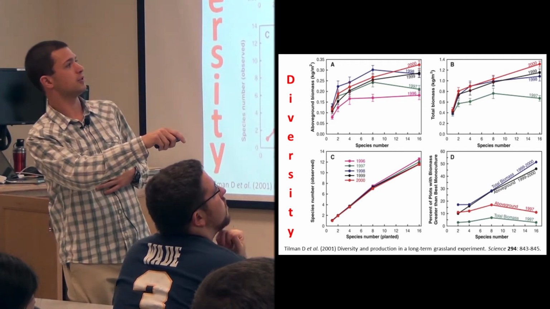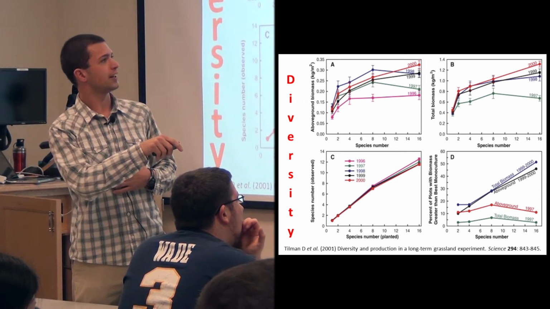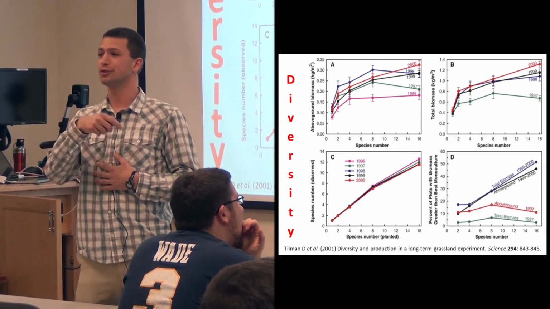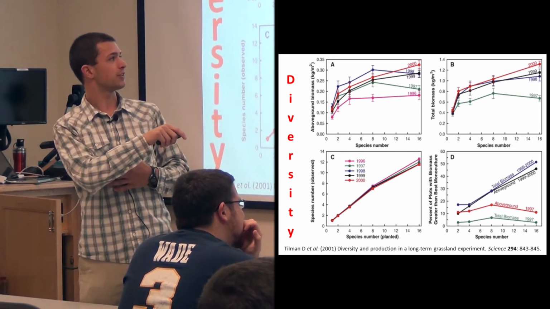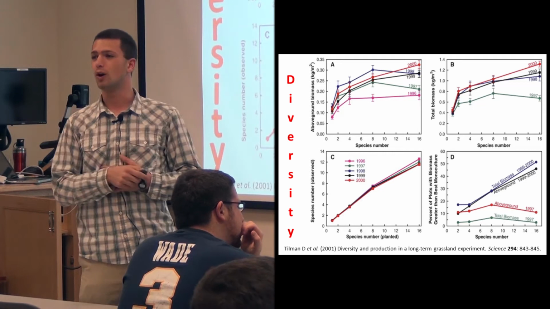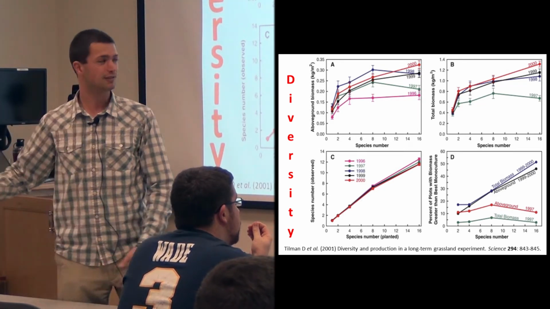And you can see these different color lines represent different years, starting in 1996 and going on. Basically the relationship gets better every year. They all started about the same, but as you progress every year, you keep moving up and up and up. So the longer you let these multiple species interact, the better they'll get.